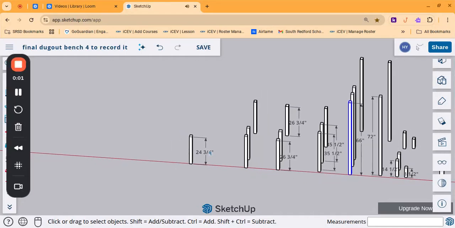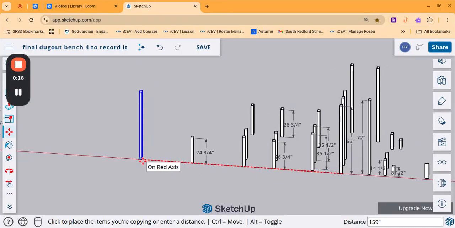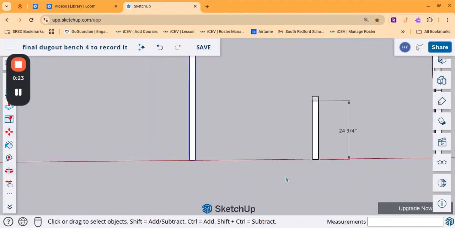Okay, so now I'm gonna start with the 66 inches. I will select it, Control to leave a copy, and the right arrow to stay on the red line, so it will move. And I'll come here and stop. And now I wanna rotate it